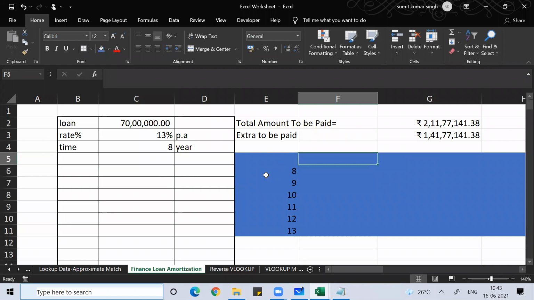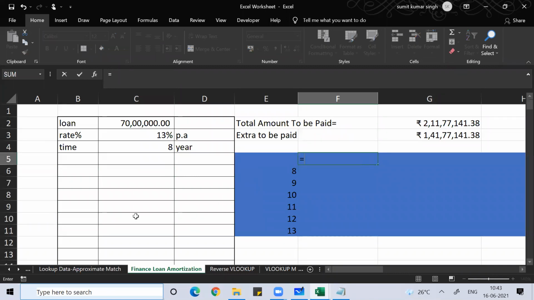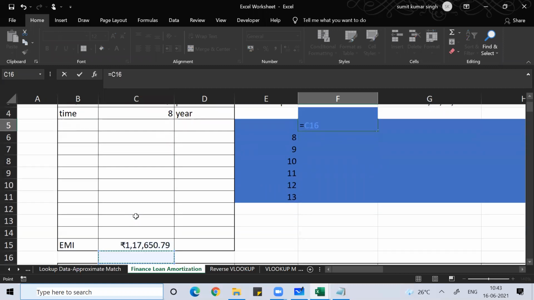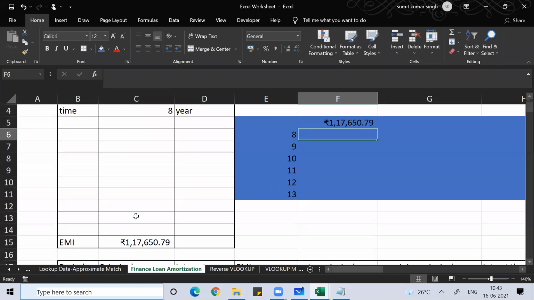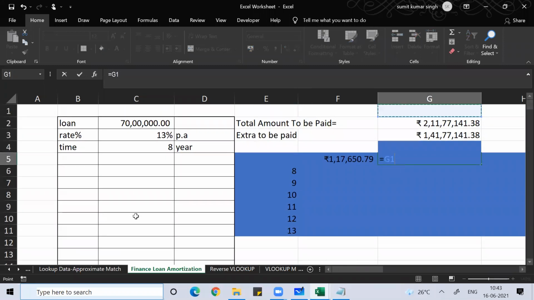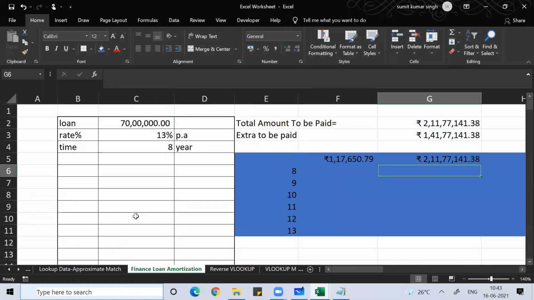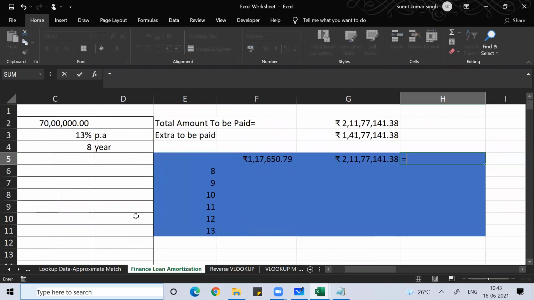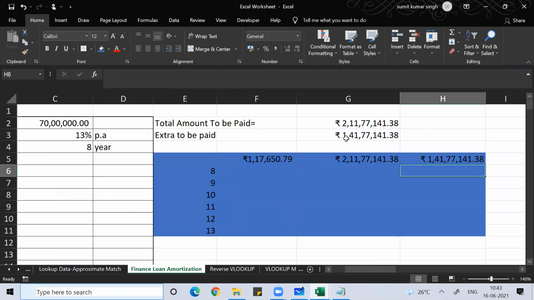Here I can give a heading called EMI. How much is my EMI? I can put how much is my EMI. This is my EMI. Then this is the total amount I'm going to pay to the bank. Okay, and extra, how much I'm going to pay. This much I'm going to pay extra to the bank.